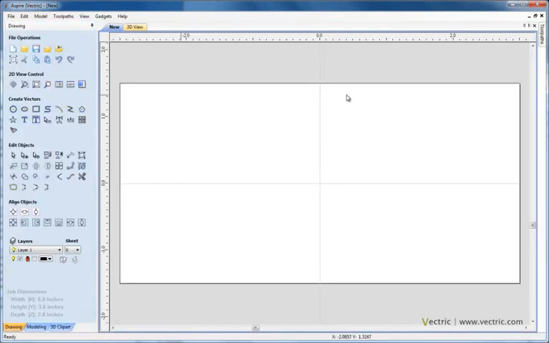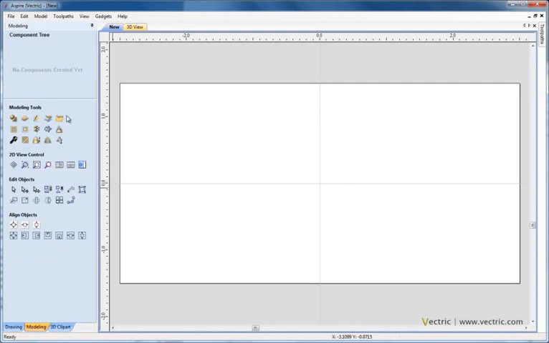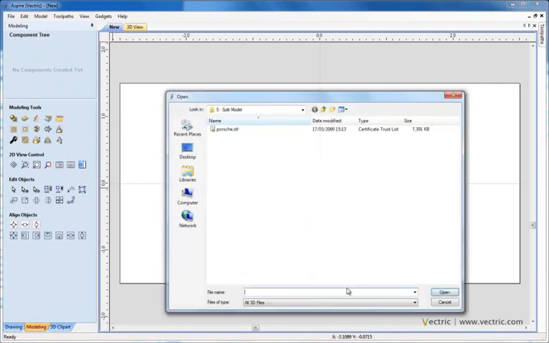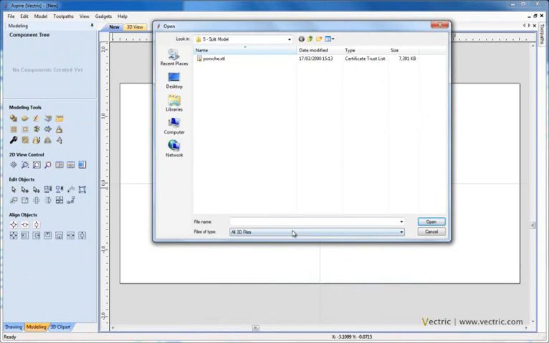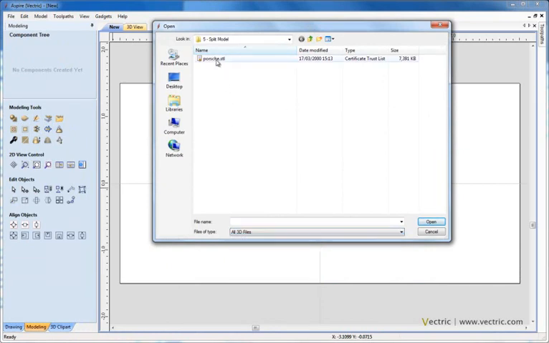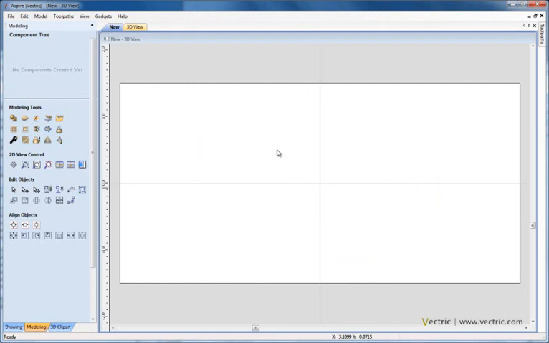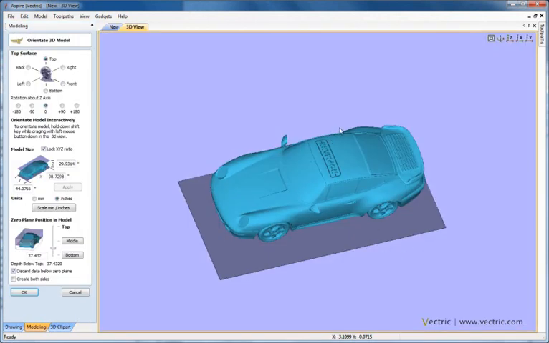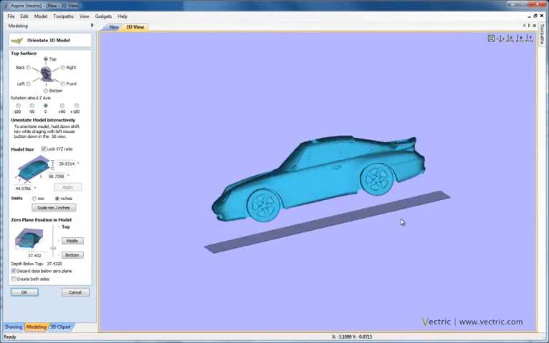So create that model, and then across in the modeling tab we have the option to import components or 3D models. If I select that option, you can find that we support a whole variety of 3D model file formats, including STL, which is the one I'm going to use in this case, the stereolithography file. I'm going to import this model, a Porsche car, that's just a freely available model of a Porsche. And so this is the import